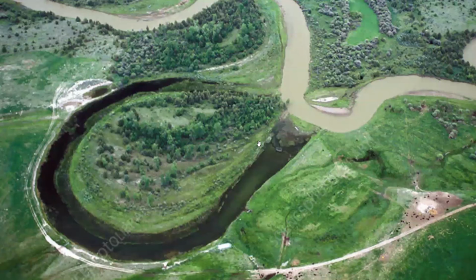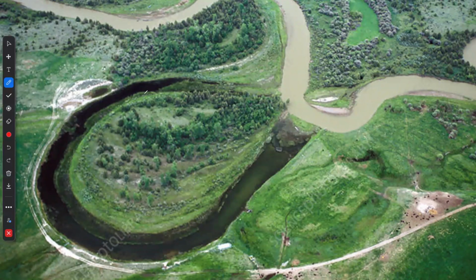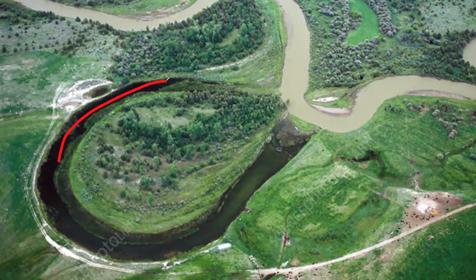Basically, the Oxbow Lake appears as a round, half-round-like shape. This is the lake itself. Remember, guys, a lake has got stationary water. The water is not moving. The water is not flowing. So it's not really part of the river.